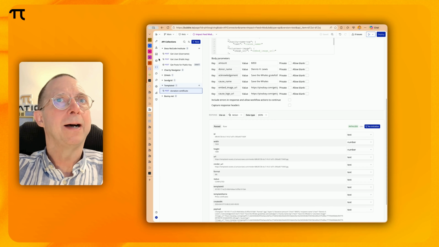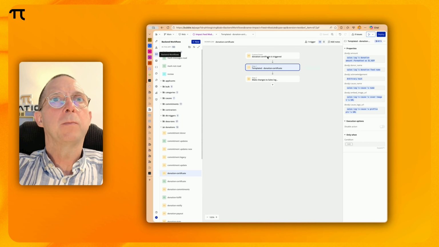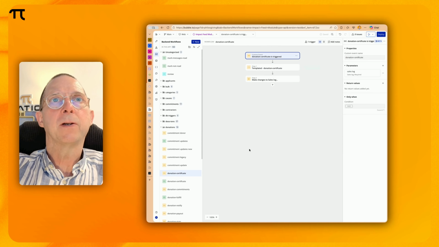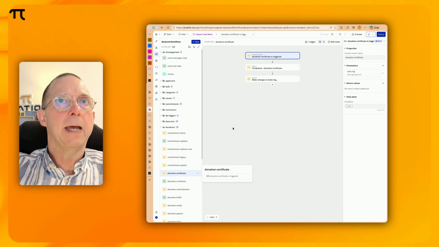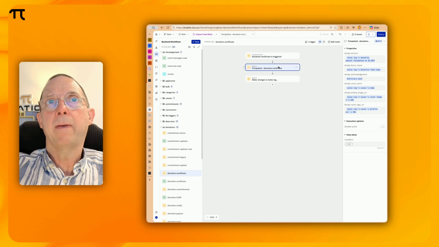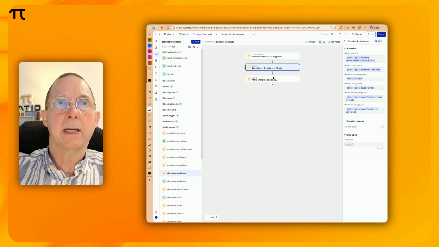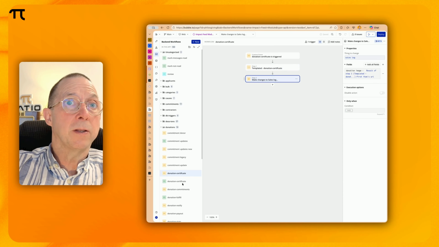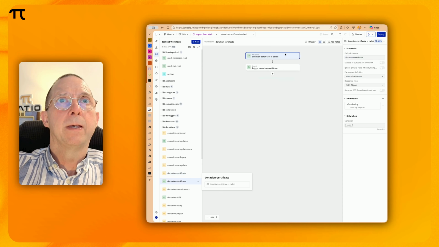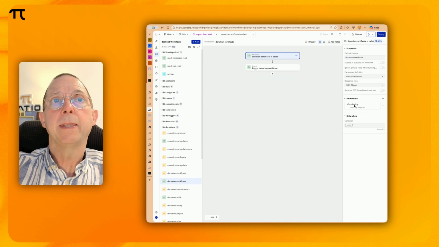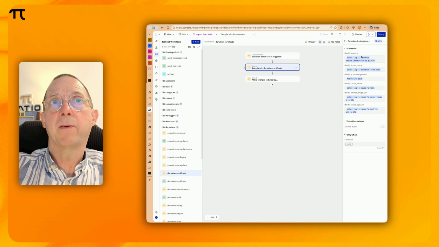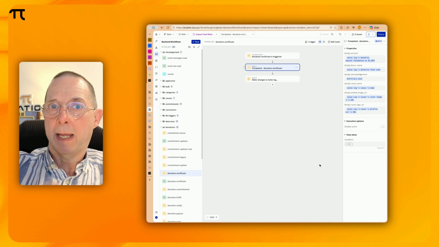And now you have an API call that you can use anywhere you want inside your Bubble application. For example, in a backend workflow, that could be called donation certificate. Here, this is a custom event that I call from another backend workflow. And all this does is it calls the API call, and I pass it in the parameters. And then I can take the result of that, and I just store it in my database. So anytime I call this API, I pass it in the parameters that I've set up. In this case, I'm just passing it a sales log. And here it's going ahead, and from that, it's pulling in all the data it needs. And it's creating that